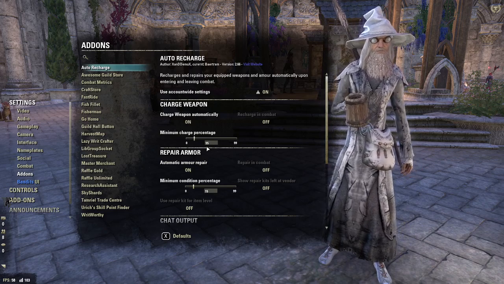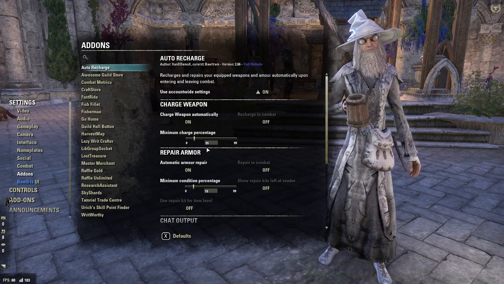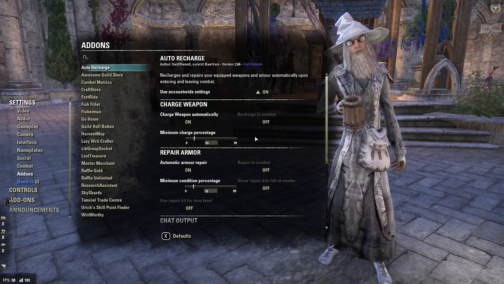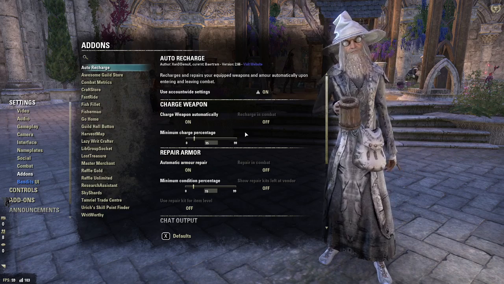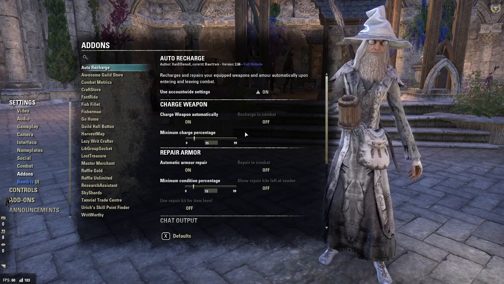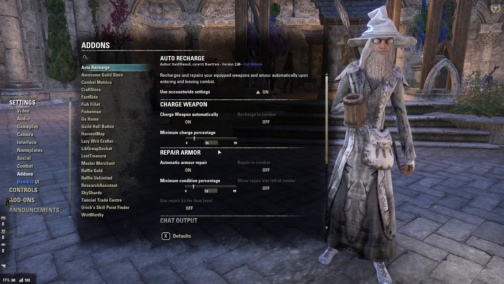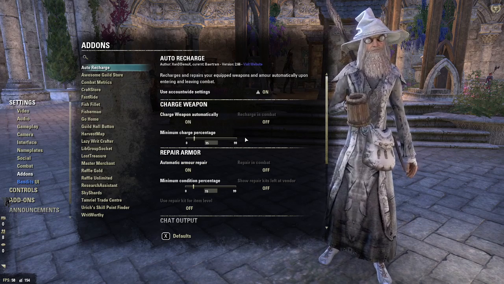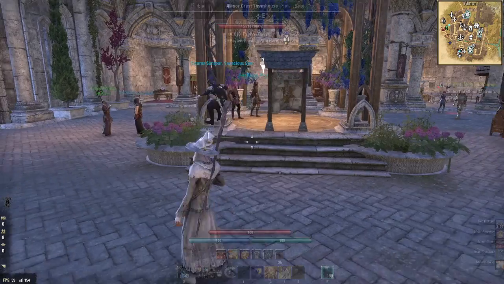I pick 15% because when you go into battle, this and that seems to be optimal. So you're not going to have a breakdown of armor during a battle. So you'll be fine at 15%. If you want to try to milk it for a little more, you can go down to 10, but I'd recommend just 15%. Okay, so